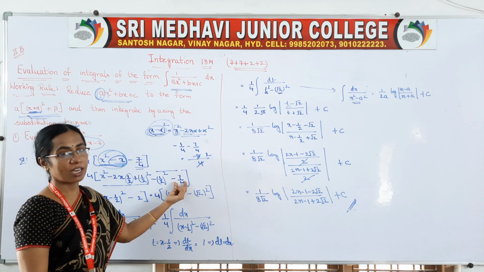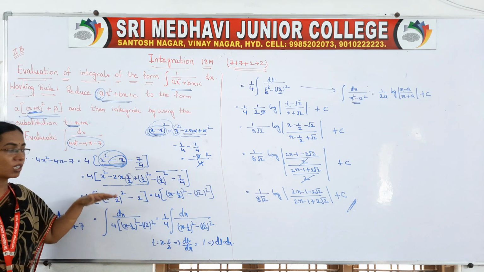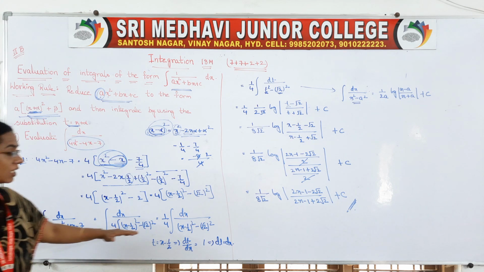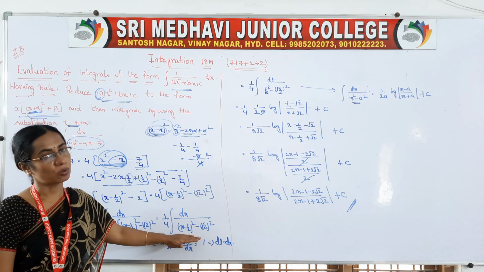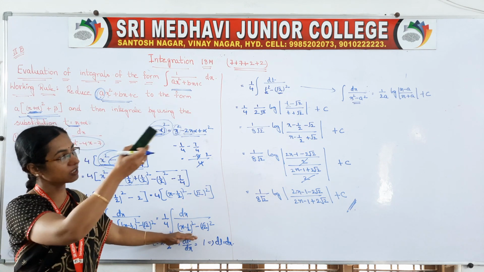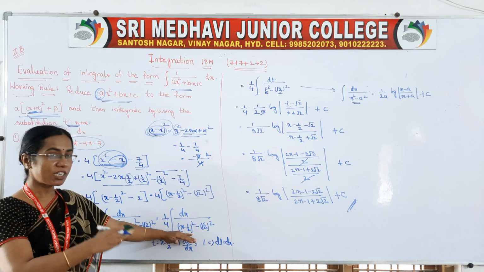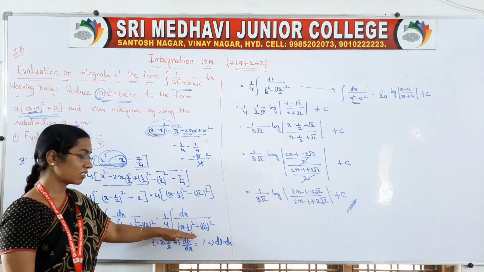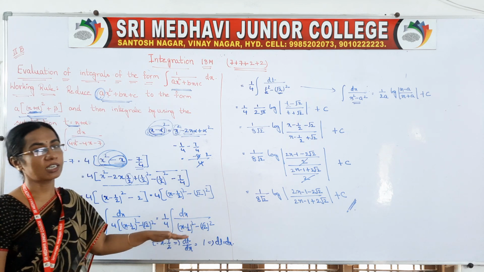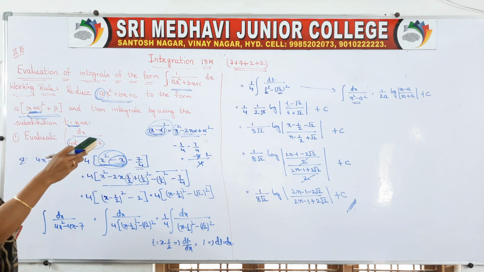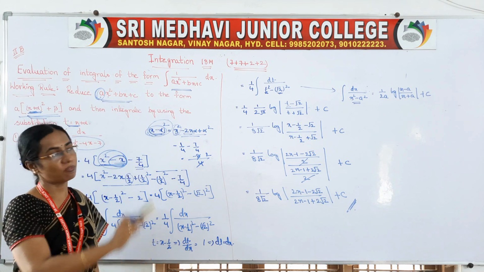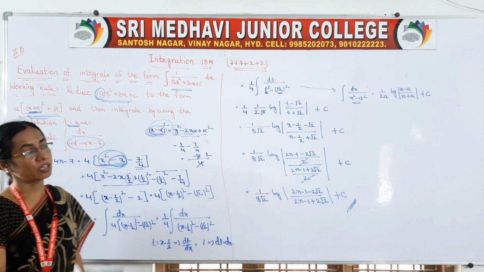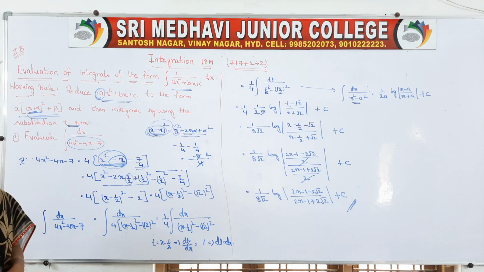Then we have to take that value as it is and simplify, and you will get one value. For that, next you take the integral. After the integral, you substitute some value. To get into our standard formula form, if it is x square minus root 2 square, it will be in our formula form, but instead of x something else is there, so that's why we have to take that as t. So after substituting that t, your problem will be in your standard form. Once it is in standard form, apply the formula. Once the formula is applied, substitute the t value, and you will get your final answer.